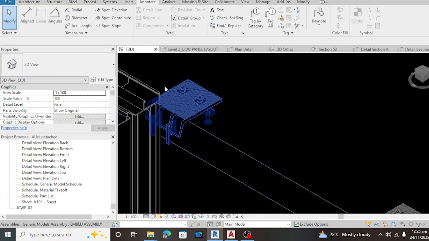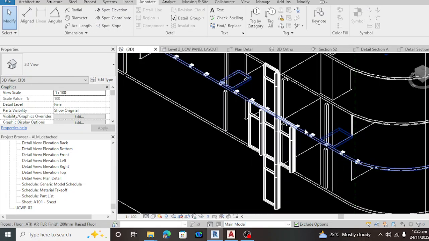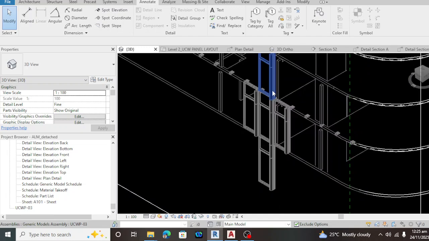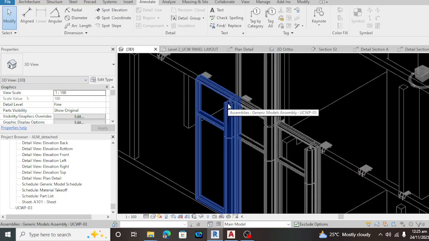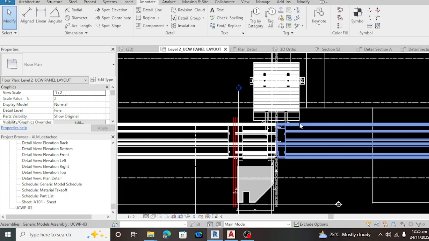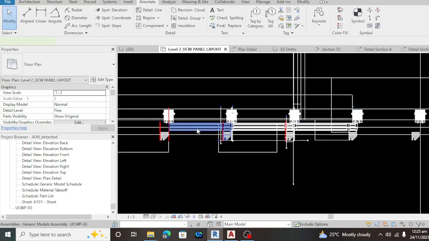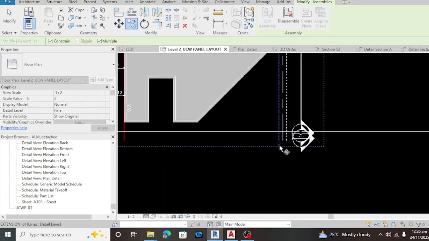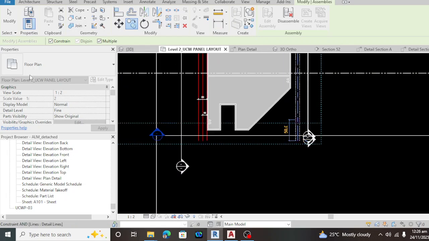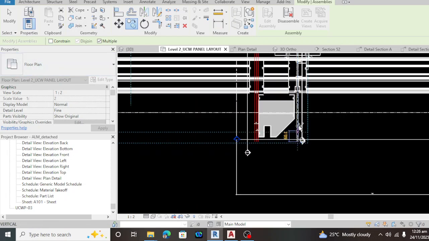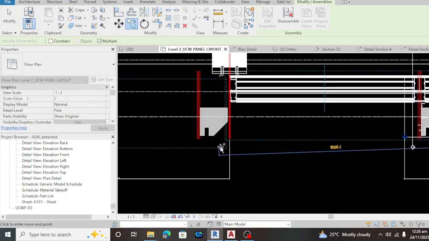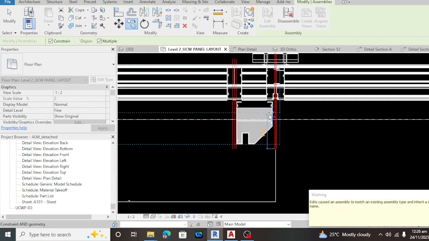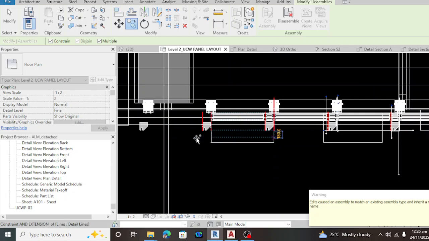So let's go to the panel in 3D. As you can see, guys, it's perfectly fit. If you want to copy another one, let's copy on the second floor. This is how fast Revit can do your project. Just copy from the center of the module to another center of the module. There it is. Look, it's perfectly fit on the mullion.